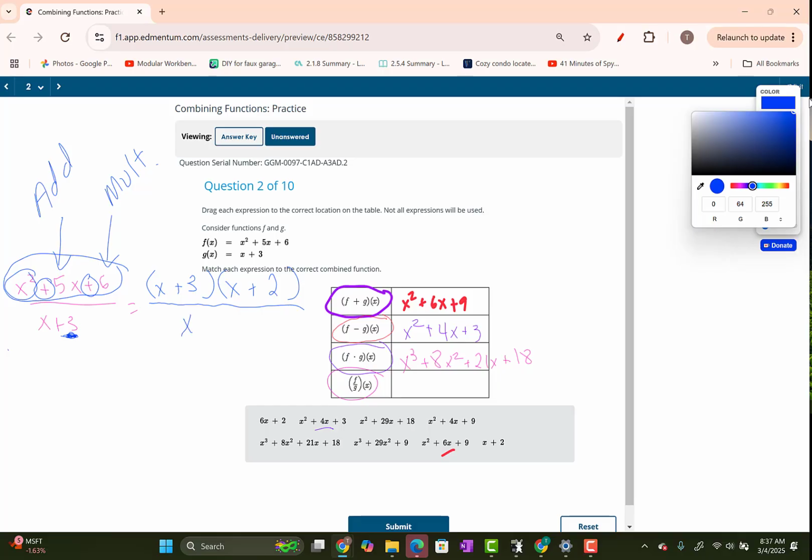And now this is really easy to divide f by g because the x plus 3's just cancel each other out. And what's left over is x plus